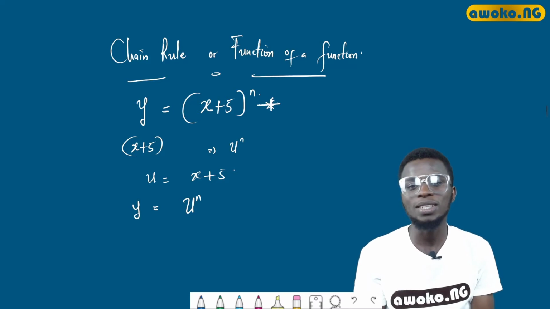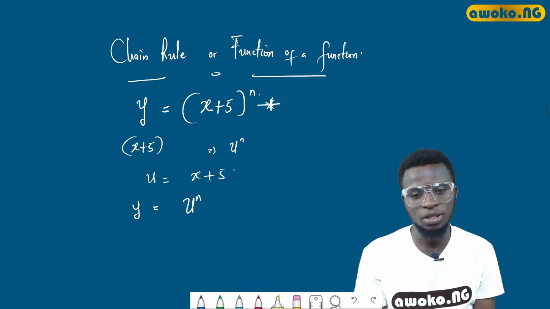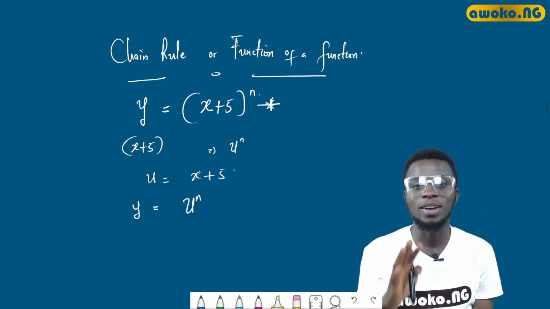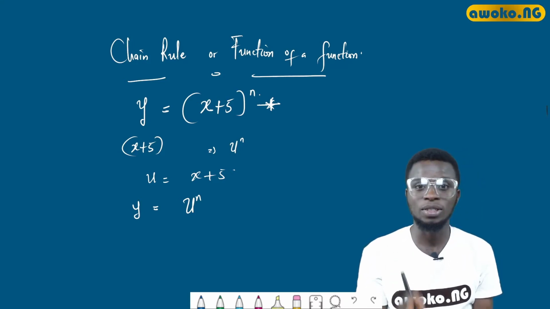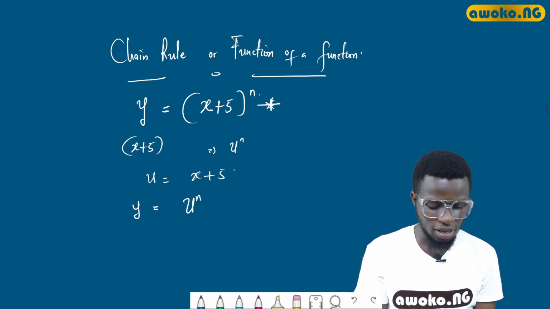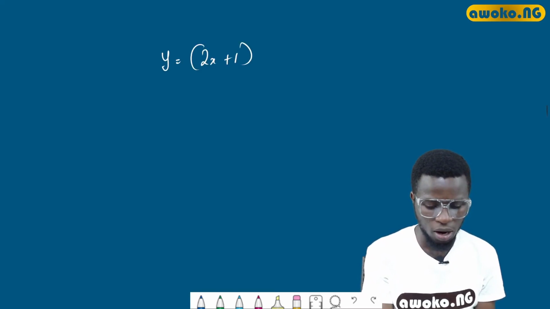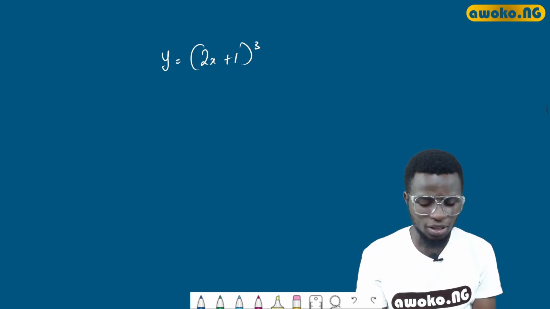In computing the chain rule, we have two major methods, and I'm going to walk you through the two methods. The first one is the normal long method. The first method is illustrated beneath. Let us take an example. If we have y equals (2x plus 1) raised to the power of 3, and we are asked to find